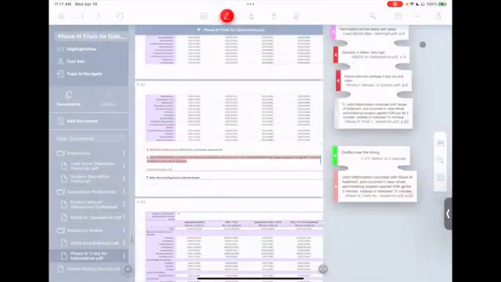Okay, so let me pause here. This was the high-level overview